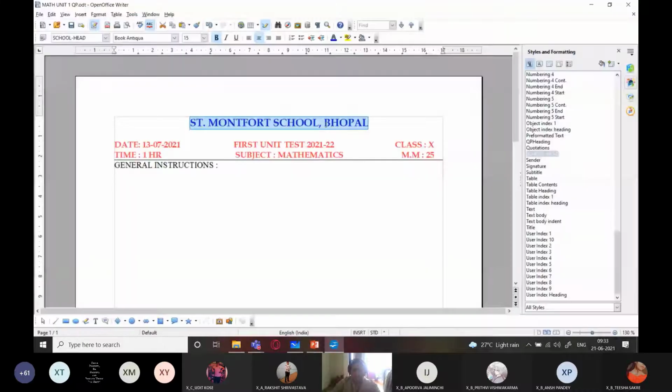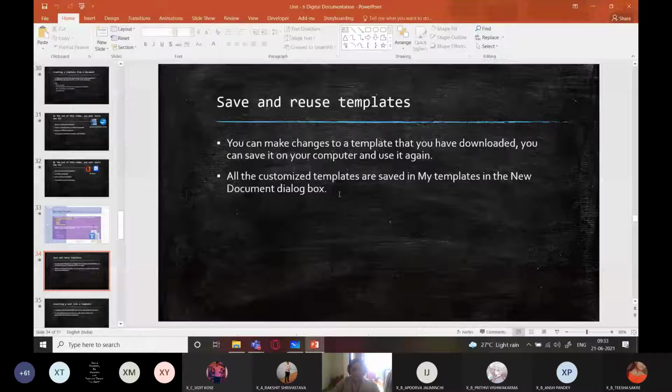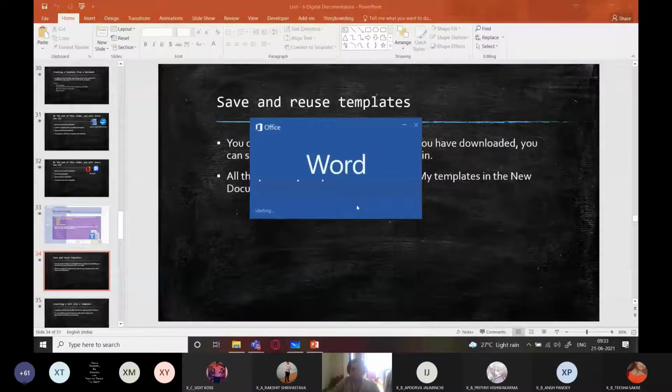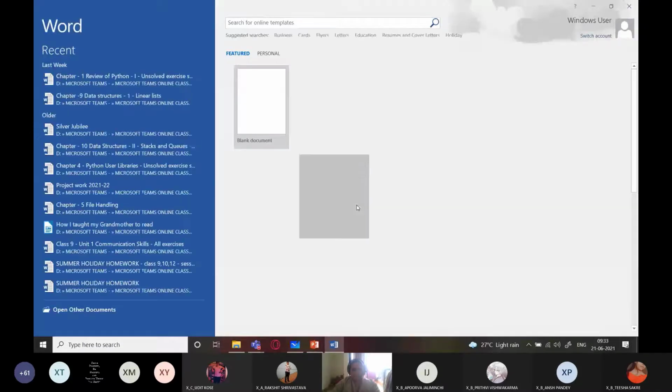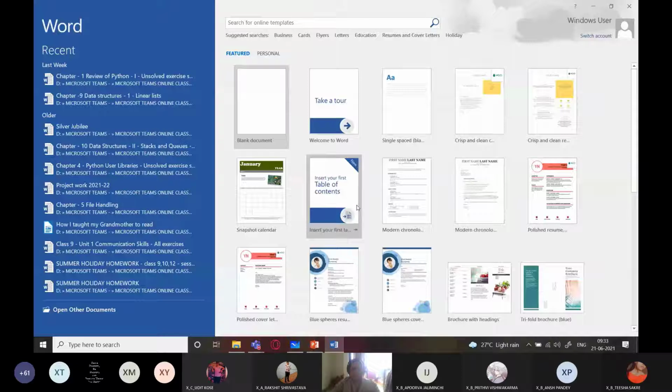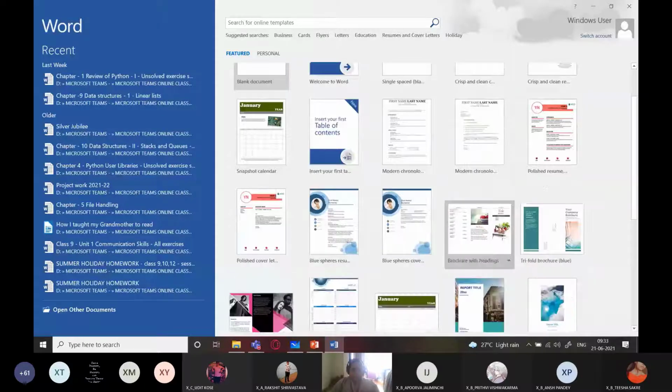So I'm going to now close this, click on save. I have closed OpenOffice and now I'm going to start Word. Now see, in Word everything becomes so easy. You can see that the moment you open Word, now this is Word 2016. Okay, in 2010 also you will find that if your system is connected to the internet, then you will find